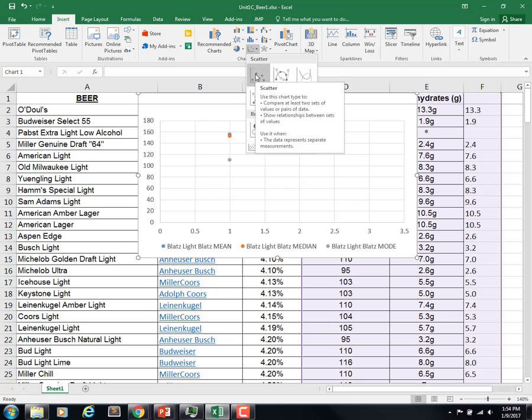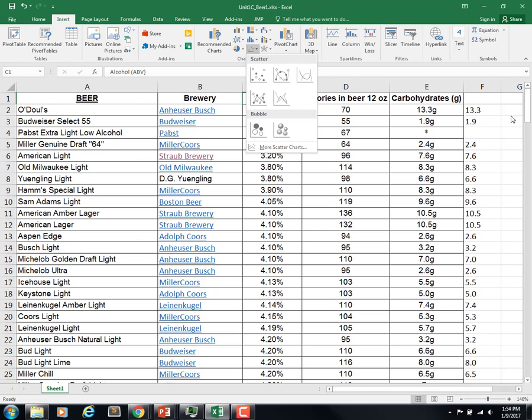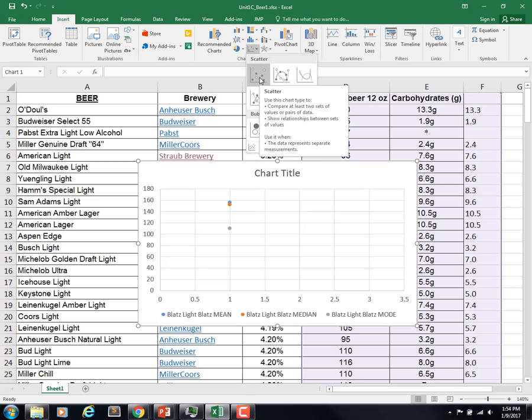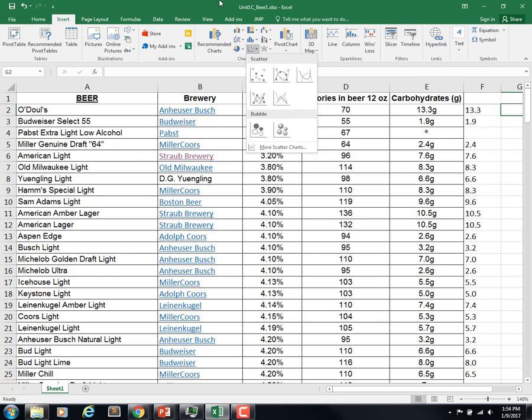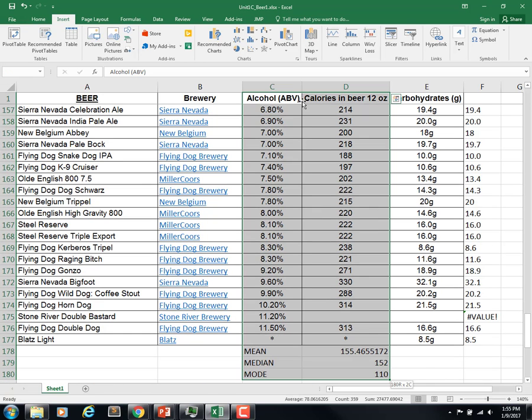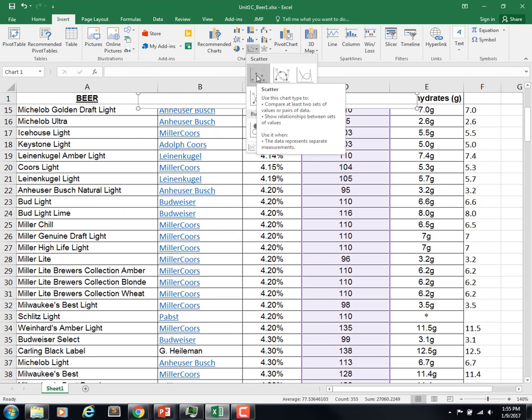I just want plain scatter, and it tries to pick everything for me right here, which I don't like. So I'm going to come over here and try it again, and it still doesn't like it. So maybe what I'll try to do is just select column C and D, but I don't want all that stuff at the bottom of D. So let's try this, and then let's try Insert Scatter,